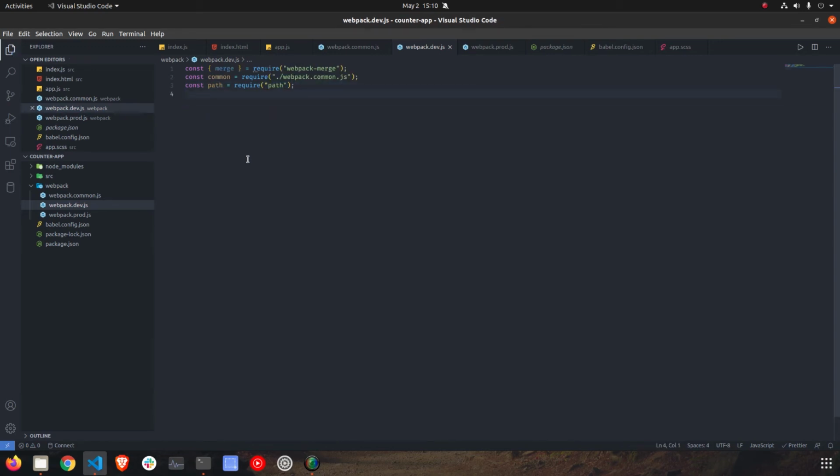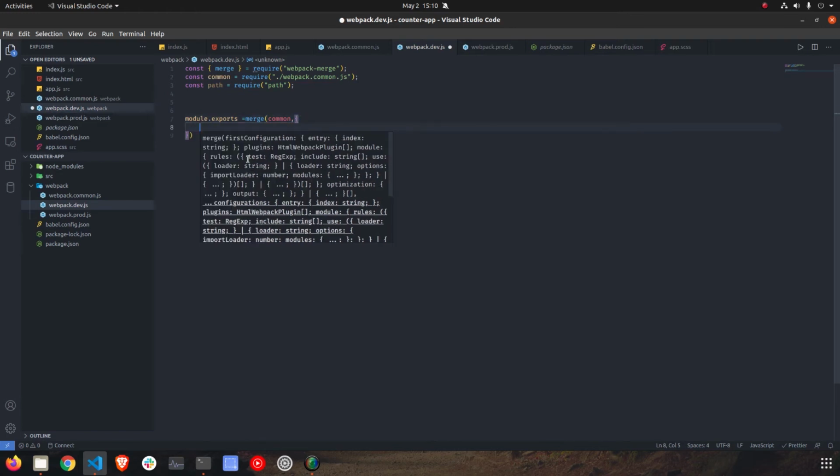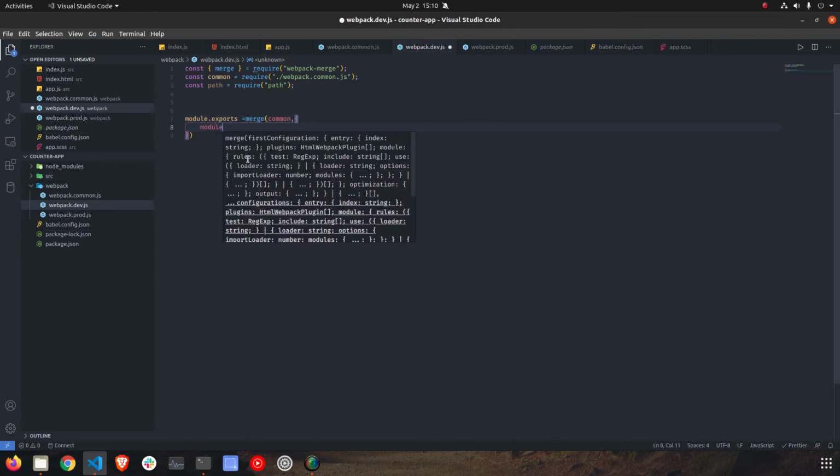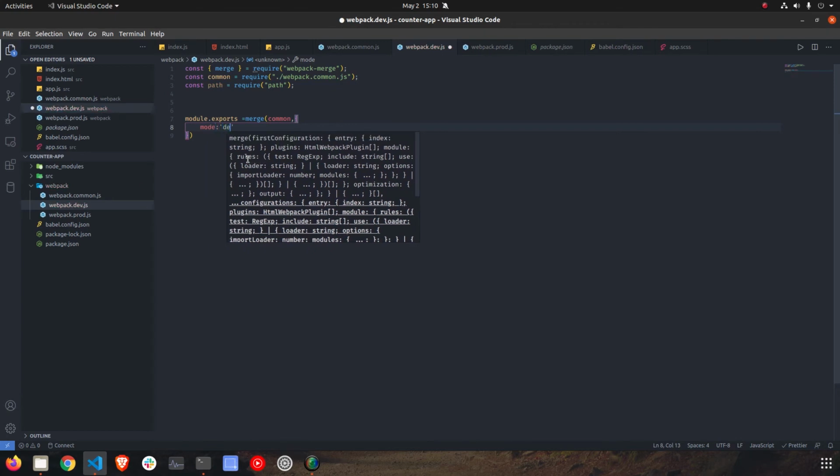Okay, so that's done, and let's go and module.exports. Let's merge our common. Okay, and now let's define some extra configuration. So our mode, this is actually going to be our dev configuration, that is we are going to run in our local development. So here we can just define the mode as development,